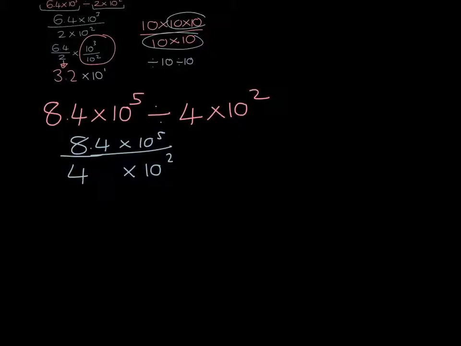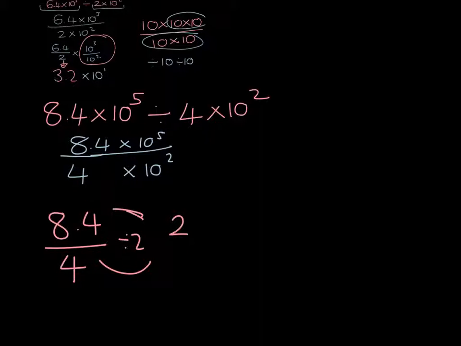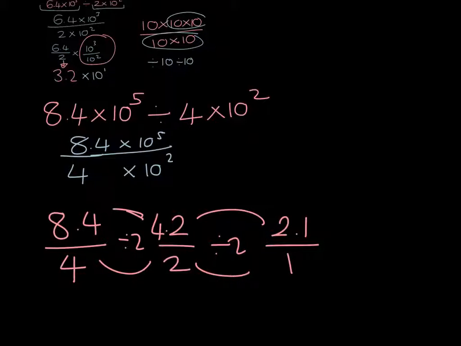Taking it further, 8.4 divided by 4. Now if you think about this, we can firstly divide it by 2, half it, that's going to give us 4.2 over 2, and then half it again, top and bottom, it's going to give us 2.1 over 1, which is 2.1. So that's our first calculation, that's our numbers sorted. Then on to the